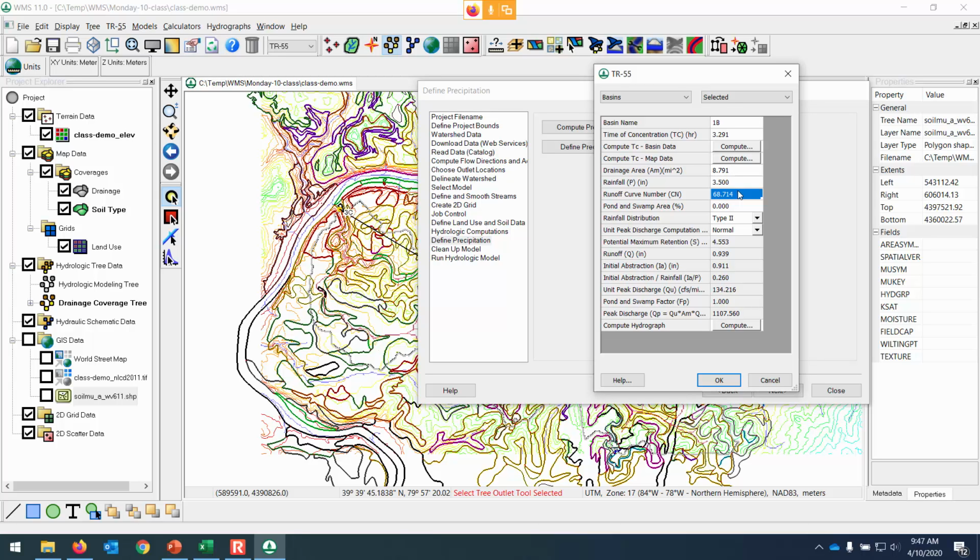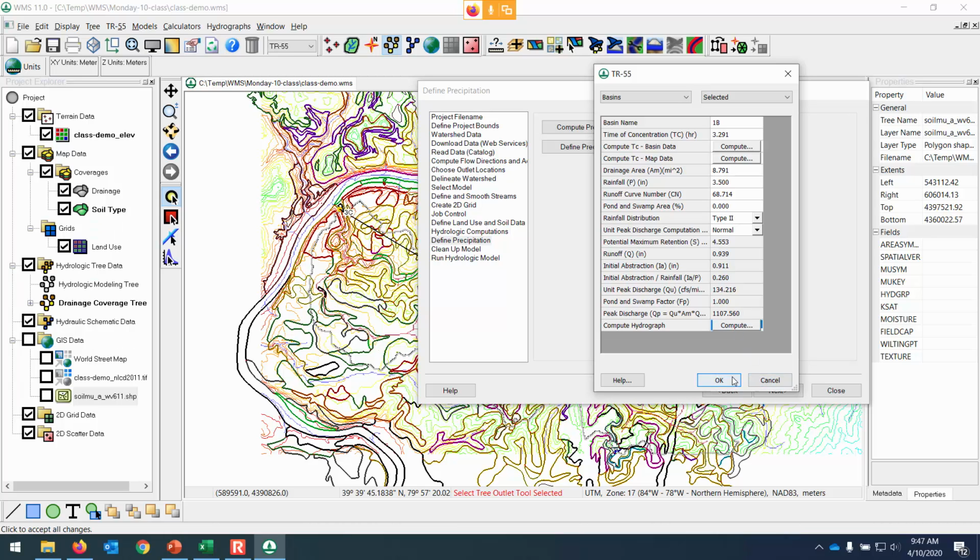That 68.7 is about as quantitatively based as anything in hydrology. Now we have our peak runoff would be 1000 CFS, and if you click on compute hydrograph, click that button,